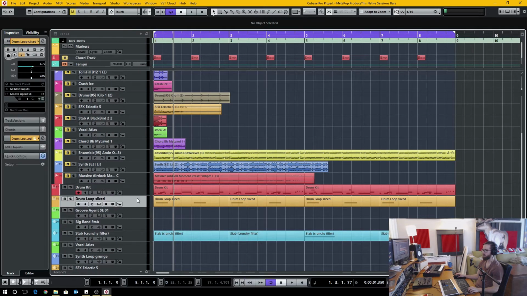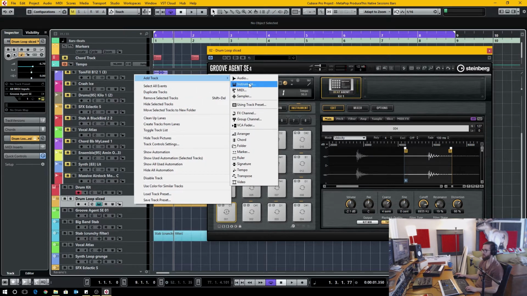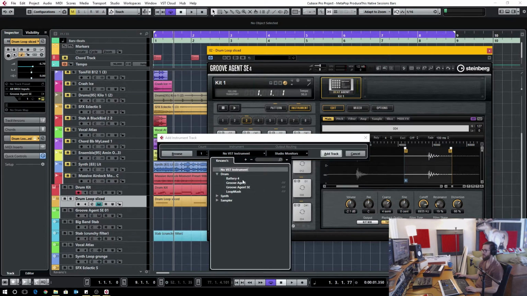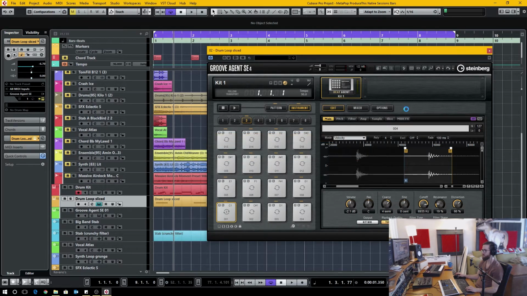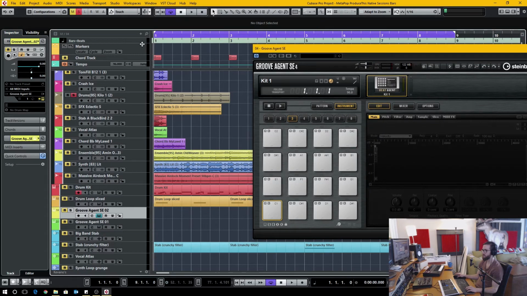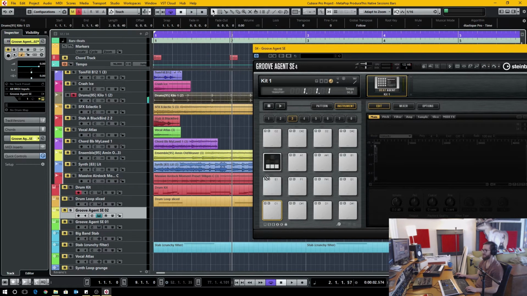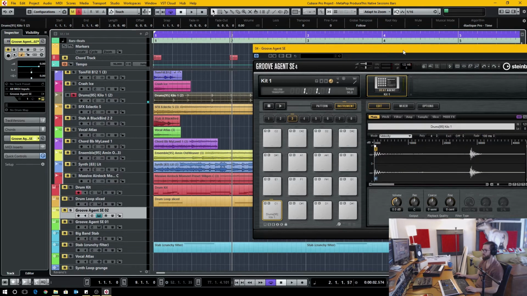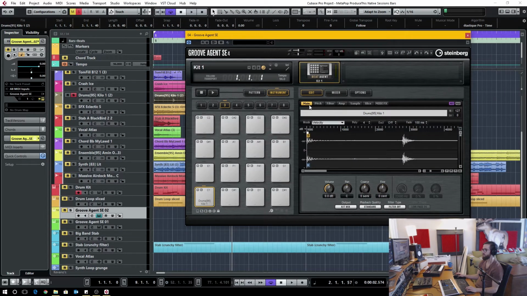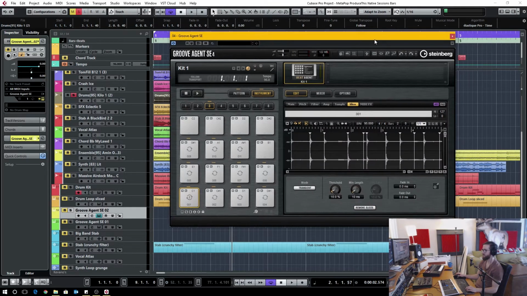And the thing that I wanted to demonstrate is, I'll open up a new instance of Groove Agent, and you can do this in either the full version or the SE version, which is the free version that comes with Cubase. I have here a drum loop that I can drag into Groove Agent, and then if I go into this slice section and create slices,